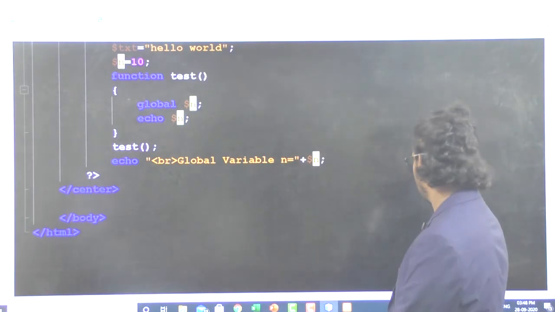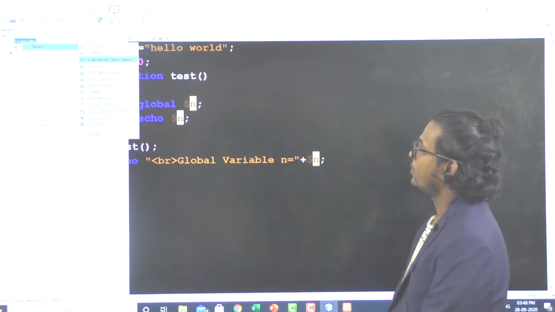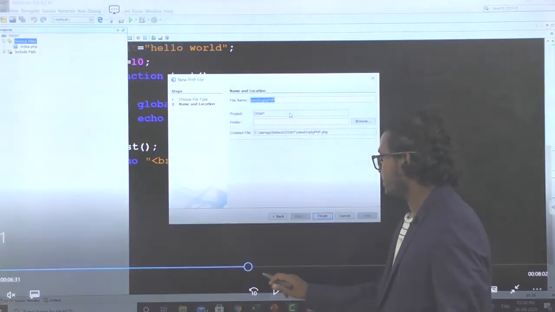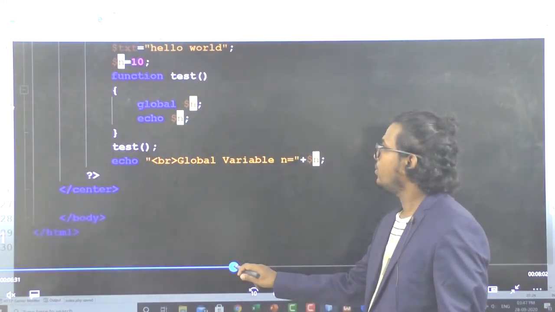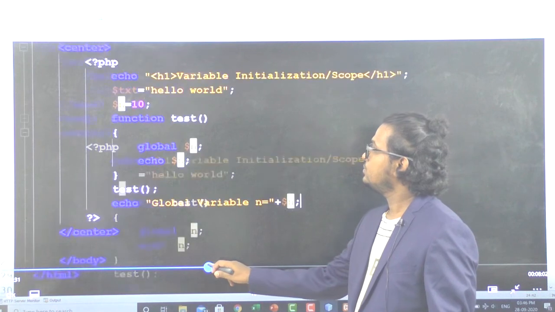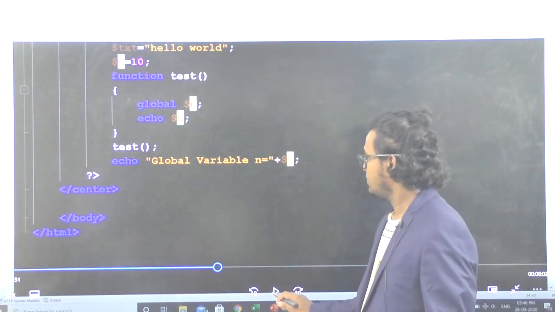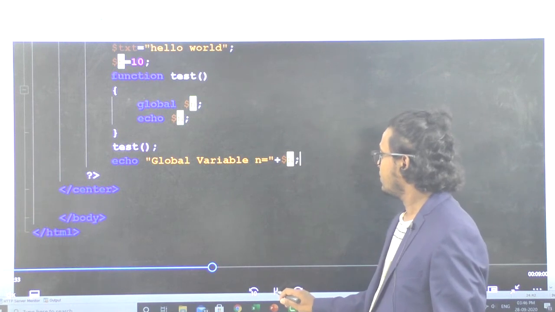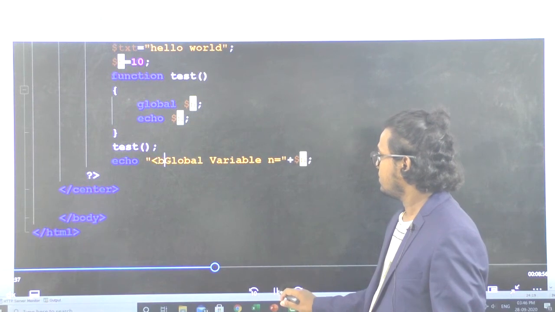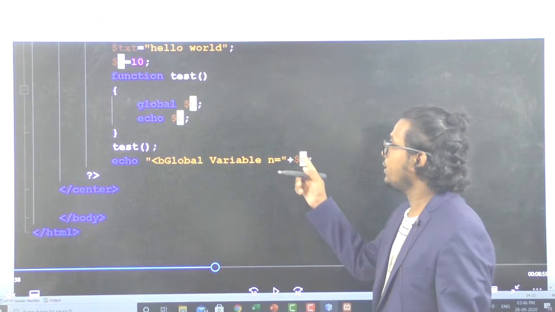Save and run, and you will see the difference between the global value and the local value.